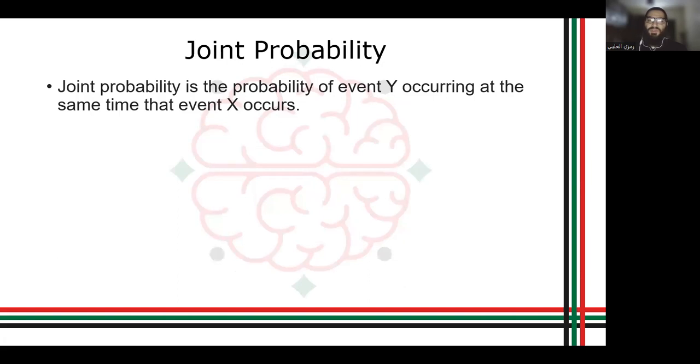What is joint probability? It's the probability of event Y occurring at the same time that event X occurs. يعني تداخل، عندنا تداخل ما بين event X و event Y. So what is the probability؟ ما احتمال حصول event X في الوقت ذاته أو في الوقت عينه الذي حصل فيه أو يحصل فيه event Y. ف two events are occurring. If they occur at the same time,